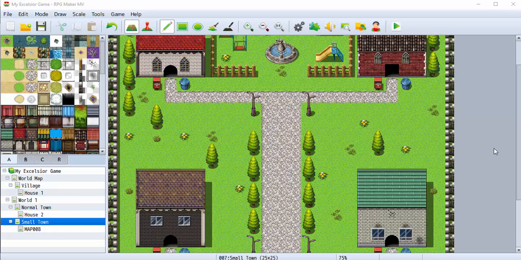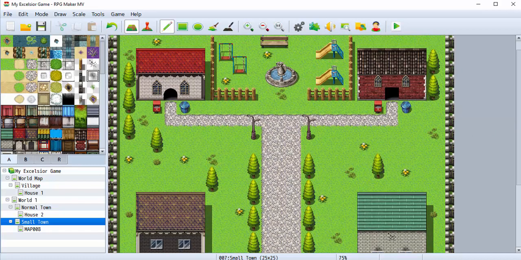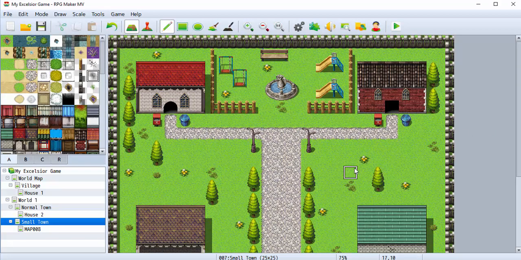Today we're going to learn how to create text events with your NPCs, your non-playable characters. And these are going to involve switches, two different types of switches. So the first thing that you're going to do is switch to event mode so we can